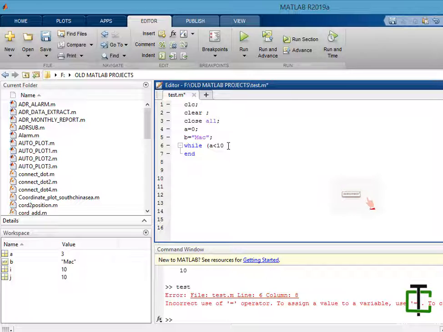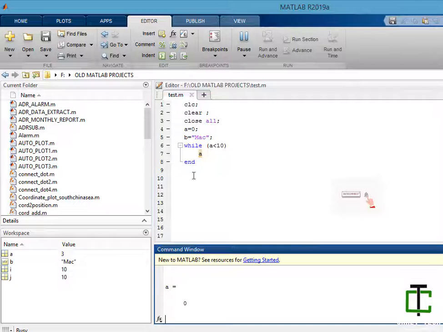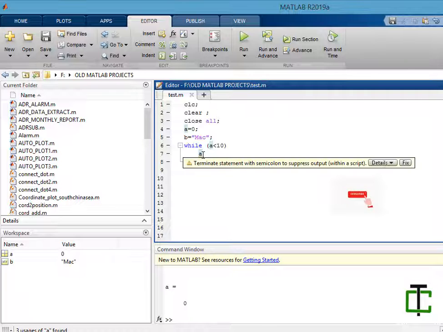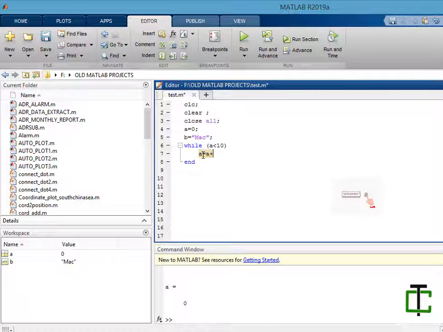A less than 10. Let's display the value. Okay, run it. Sorry. Now we have to increment a by a value of 1. Otherwise you will have an infinite loop, because a equals 0, a always remains 0 here under less than 10.